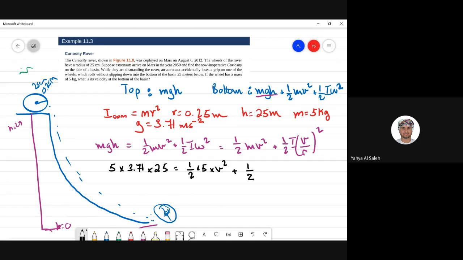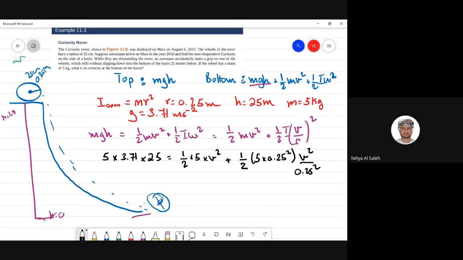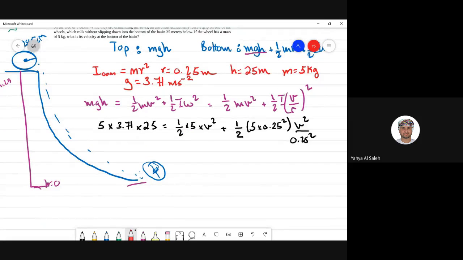Plus half I, which is equal to mr squared. So 5 times 0.25 squared times v squared divided by 0.25 squared. Okay, 0.25 squared goes with 0.25 squared. And I end up with 5 times 3.71 times 25, 463.75. So I end up with